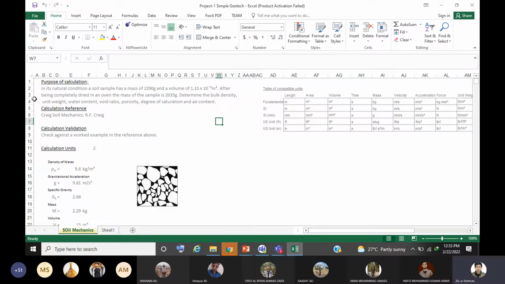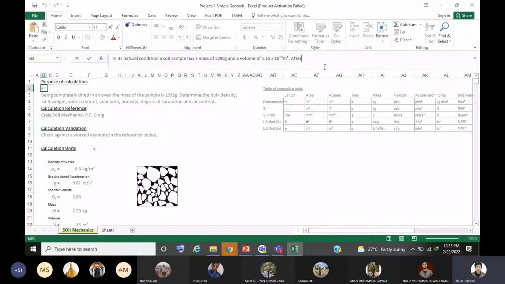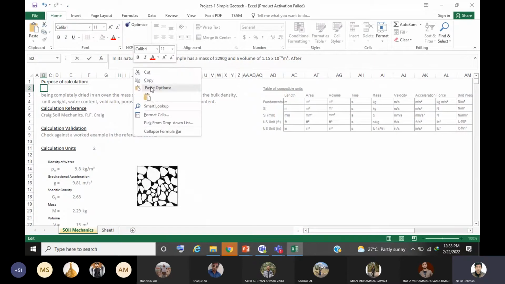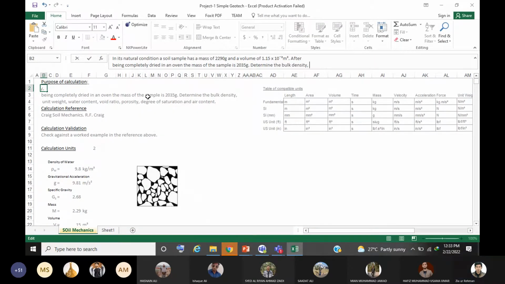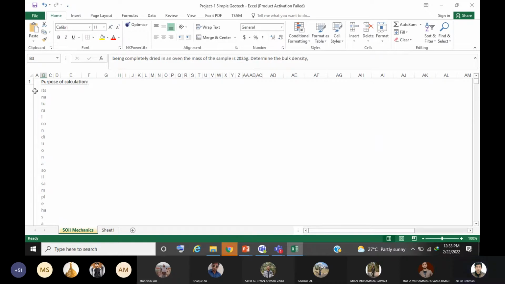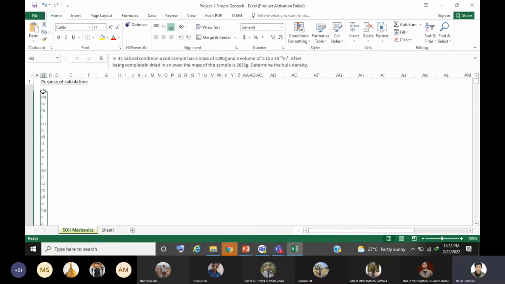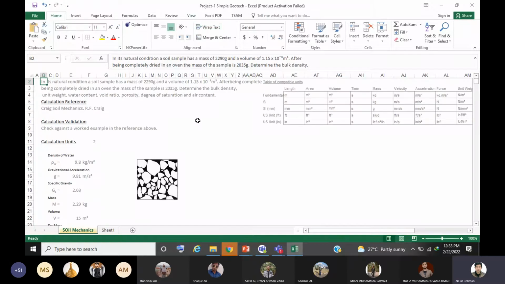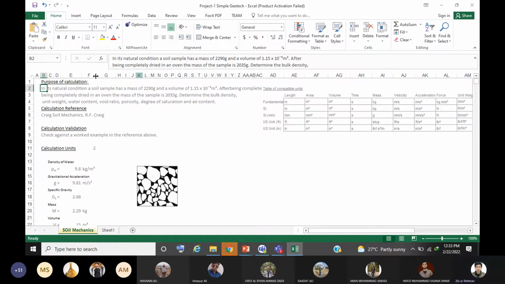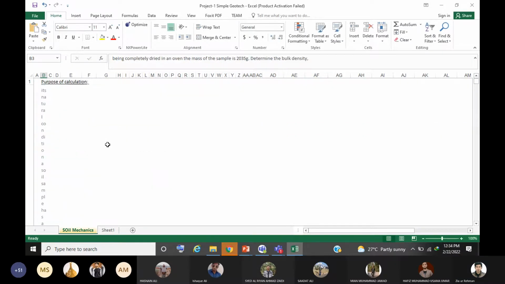In its natural form, I have written the statement here. I could write it this way, or I could have also written it like that in its natural form, with Alt plus Enter. So now I have come here, paste. Now you see that because the text is being wrapped, I change the wrap text. So it depends on you how you want to paste it. Again, wrap text, change it.